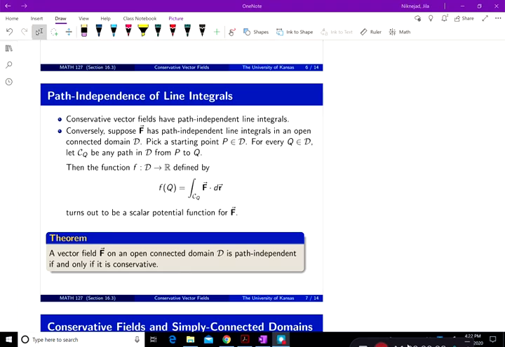We're continuing with section 16.3. We're exploring a little bit more the concept of path independence in relation with conservative fields. And also we're going to explore a little bit the concept of having curl equal to 0 and conservative fields. So in here, the first thing that we learned just now was that if F is conservative,